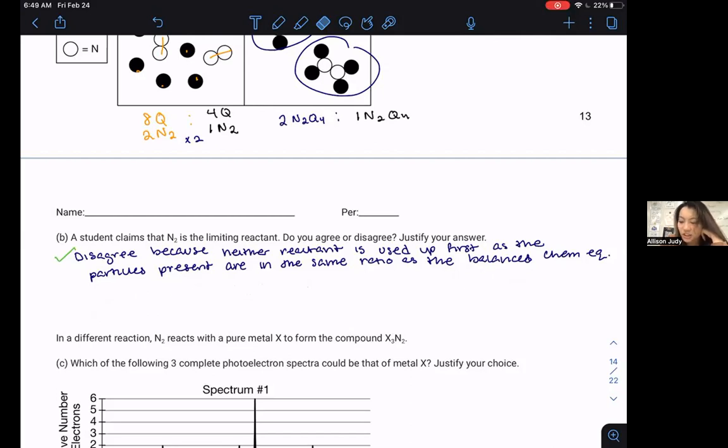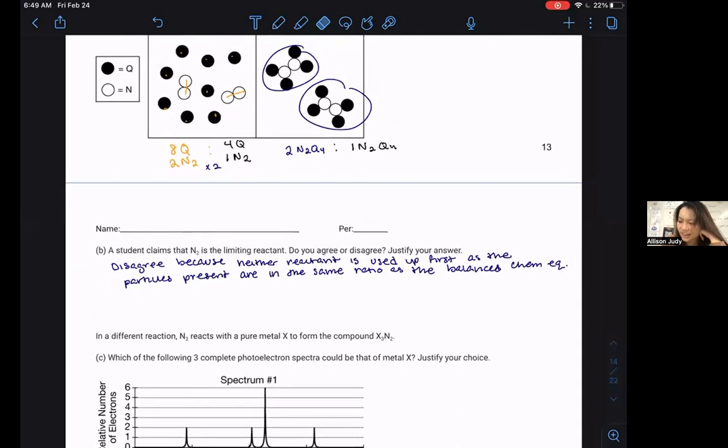So I'm actually going to leave you at that. And apologies for the confusion. But yeah, I actually think disagree is the most logical answer. If you look at the workbook key, they do offer an agree from the AP answer key that is acceptable. However, I think it's more palatable and logical to say disagree because you simply don't have any amount